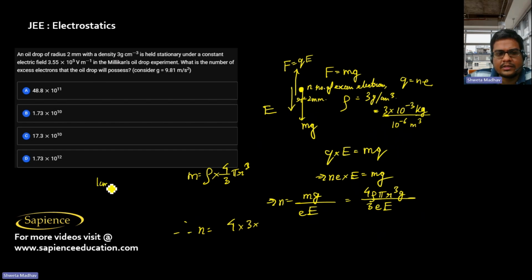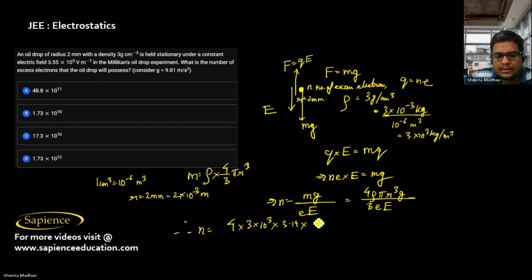So 1 centimeter cube, I can say this will be 10 power minus 6 meter cube. So this will be 3 into 10 power 3 kg per meter cube. So 4 into 3 into 10 power 3, this pi is 3.14 into r cube. R is 2 millimeter, so it is 2 into 10 power minus 3